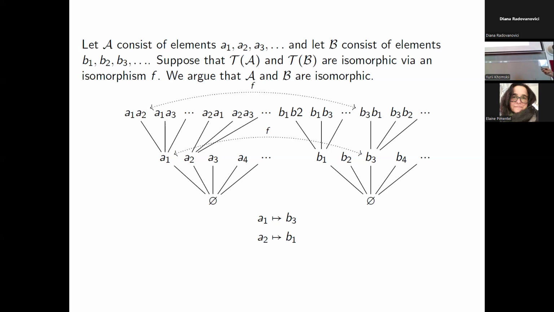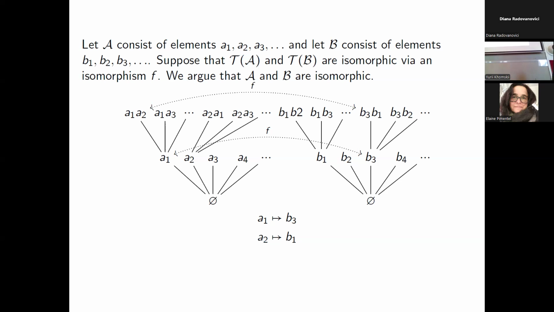It goes over to here, to A1, A2, so I'm going to map A2 to B1. And I can keep doing this up the tree, and essentially what I'm going to do is build a path through the one tree and a path through the other tree that are isomorphic via this isomorphism, and they're also total. So they include all the elements in the structures, and that recovers an isomorphism between the original two structures. And the labels here are important because the fact that this element maps to this element says